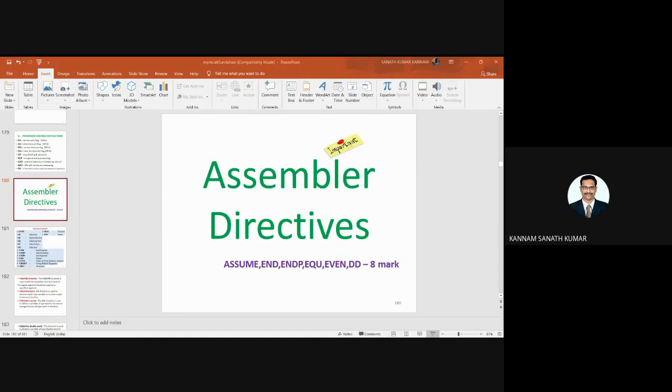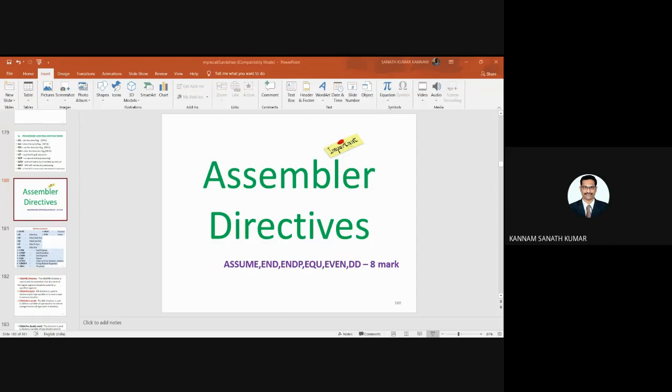DB is nothing but define byte. Whenever you want to declare any byte type variable, or store a byte in a memory location, you can use define byte. This directive is either to declare a byte type variable or store a byte in a memory location. A byte is 8 bits of data, and a word is 16 bits of data.